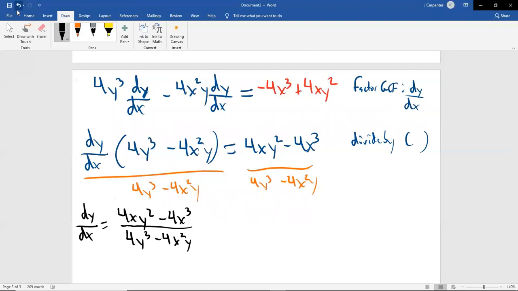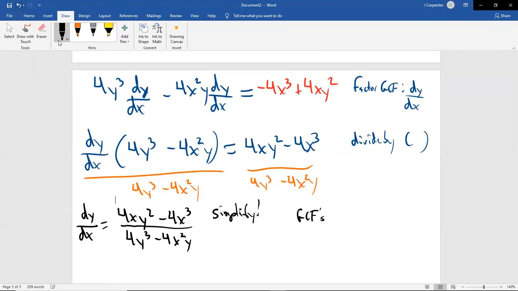Now, what some people will think is that this is the answer. The answer, excuse me. But it's not, because this is simplifiable. And it's not out of your realm of what you should know how to simplify. When you've got big crazy fractions, if they've all got something in common, you can take it out. Well, there's GCFs in the top and the bottom, so that might be helpful.